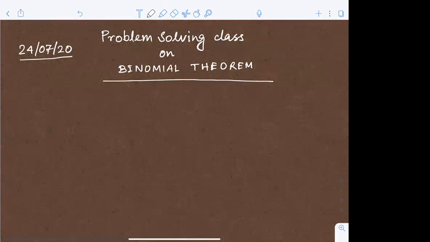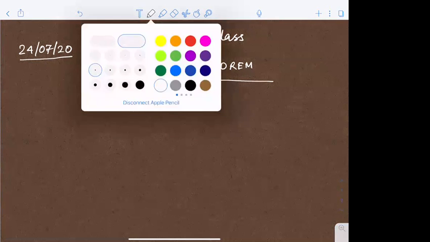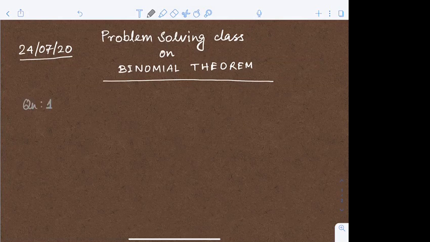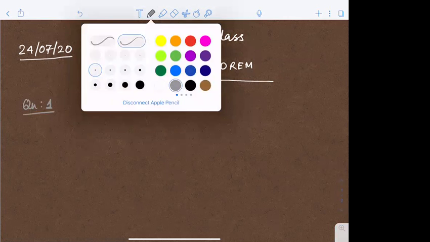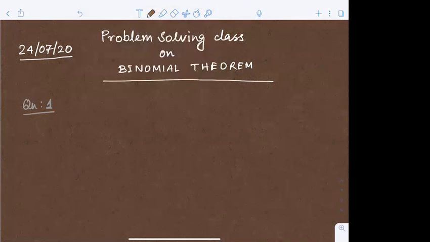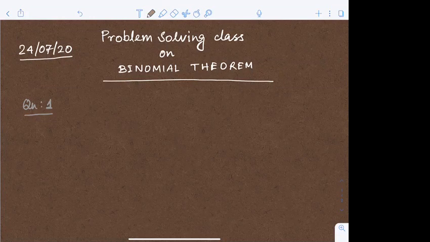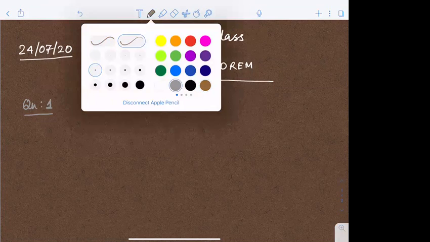The first question that we are going to discuss today is question 1. কোনটা ভালো হবে এখানে? ওকে, কোশ্চেনটা হচ্ছে এরকম,